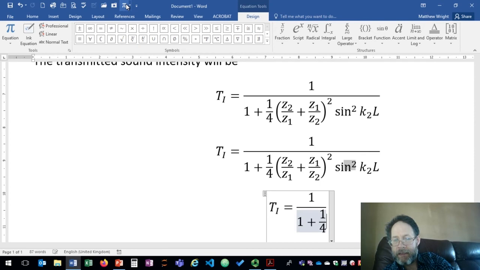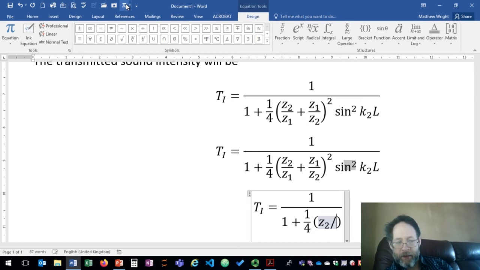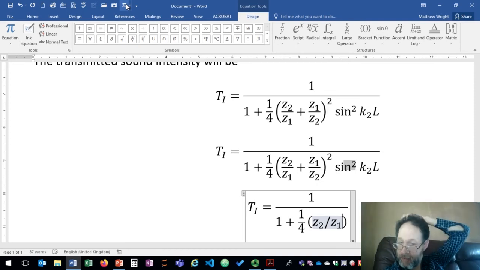I'm going to delete that and just show you that before I hit the space I could delete one of those and not the other, but once they're grouped I can't delete one without the other. I can only select the whole thing. And then inside those parentheses I can go Z underscore 2 slash Z underscore 1 space, that's auto-corrected the subscripts,